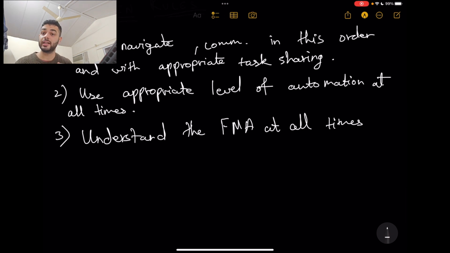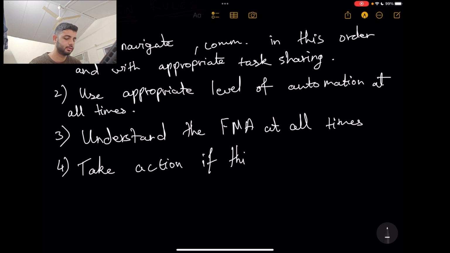Okay, it does not say read the FMA at all times, it does not say dictate the FMA at all times, it does not say the FMA at all times. It says understand the FMA at all times. It wants you to know what you are doing, it wants you to know what the aircraft is doing. Okay, what you have said, what the aircraft has understood from what you have said, that's how you'll understand the FMA is the next important thing. Then we have last one, take action